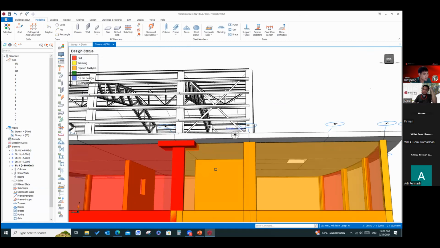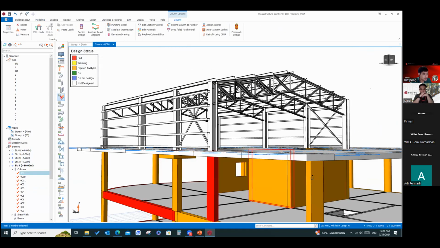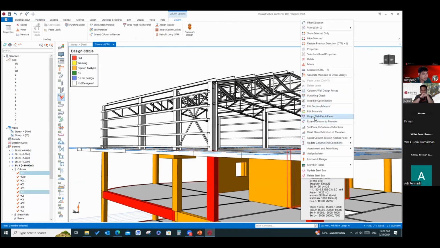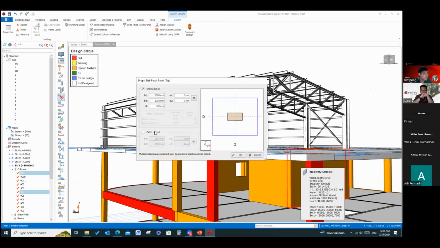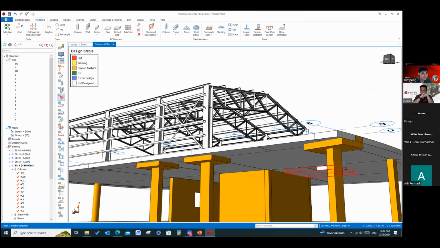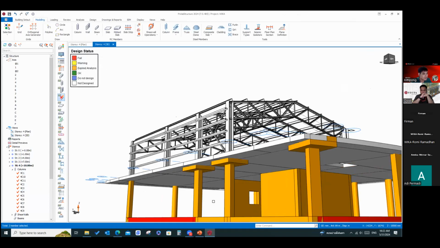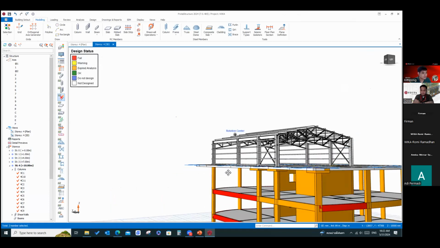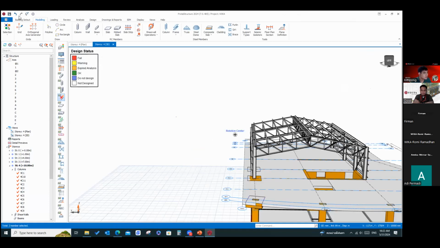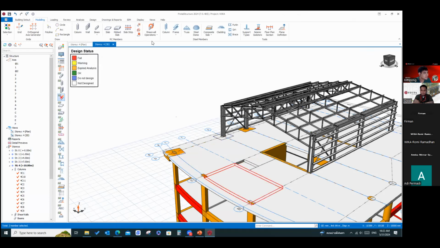It's quite easy. So let's try another one. Just input the drop panel, and maybe the pad is also the same. Done.